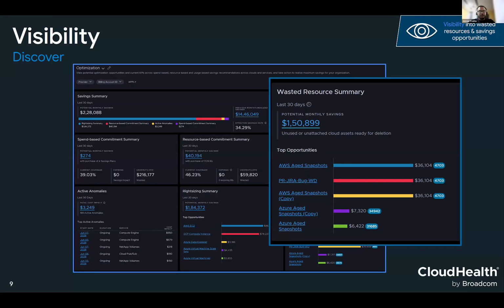When you look at the optimization dashboard along with your discount optimization opportunities like RIs and SPs, you can also look at the right sizing summary, and you can also look at active anomalies. Along with it, you will also be able to look at wasted resources. Where we draw this distinction from right sizing is that downsizing resources would require more dialogue with your teams, and I'm sure you would agree to that. Whereas terminating a wasted resource should relatively be an easier conversation as compared to downsizing. That's where we are drawing this distinction.